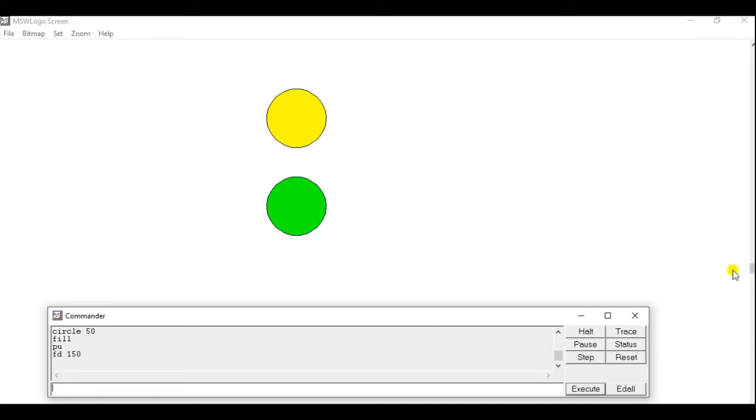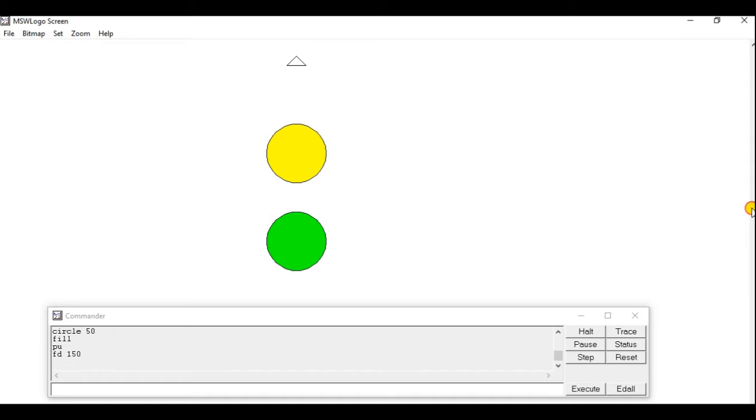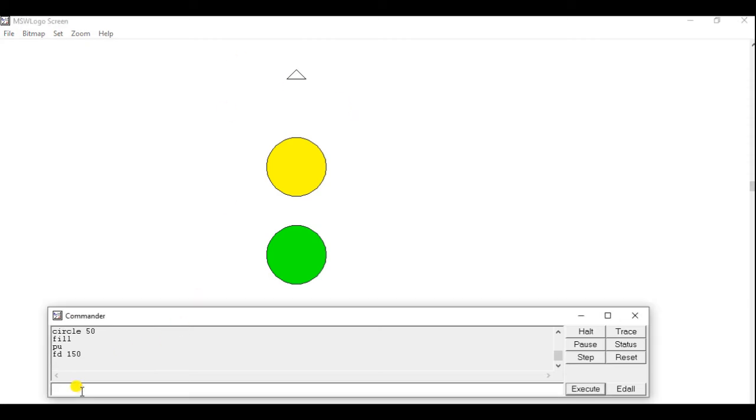So what you have to do? See, on the right side you can see this small rectangle. Click here and take it a little bit upper. Then you can see the turtle. Now again, if you have used the PU command, then afterward if you want to draw something, you should use the PD command first.